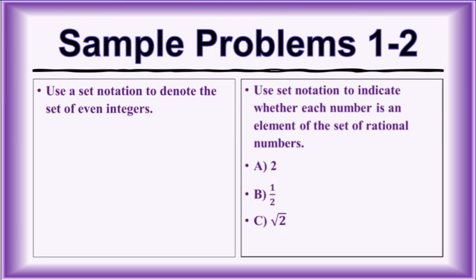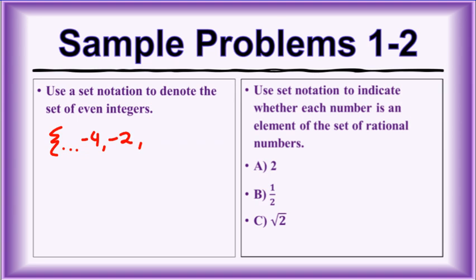So first problem, use set notation to denote the set of even integers. All that is telling you to do is just write a set of numbers. Put our braces down. So a set of even integers. Remember, integers are positive and negative whole numbers. So I'm just going to put an ellipsis because it can go to the left,